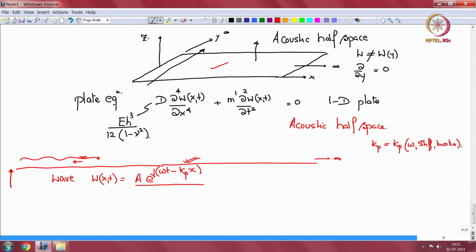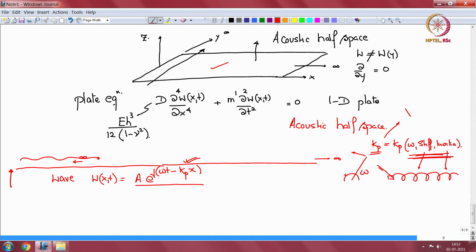Earlier we were talking about the spring. Same thing, when the phasor is rotating and the mass is connected to the spring, what is the wave number in the spring? It is dependent on the frequency omega and the stiffness and the inertia properties of the spring. So these three independent variables decide what the wave number is going to be, and therefore what the wavelength is going to be,